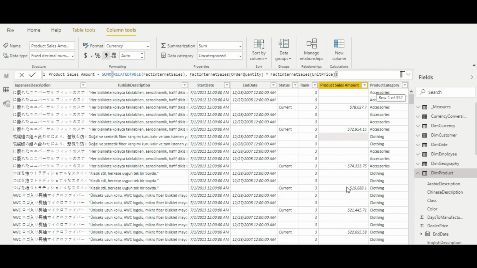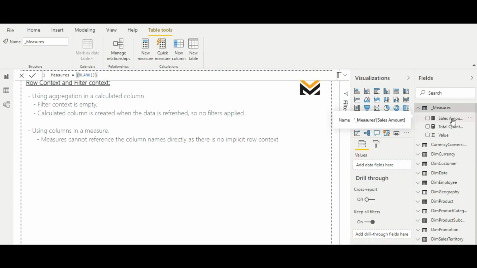So you can correct the formula this way, but just to explain, this is the advanced behavior called context transition, due to which this happened, and we'll study later in this section what context transition is and how it resulted in this behavior. Now coming to our problem statement number 2, let me again switch to the report view. So friends, let's switch to the second problem now.